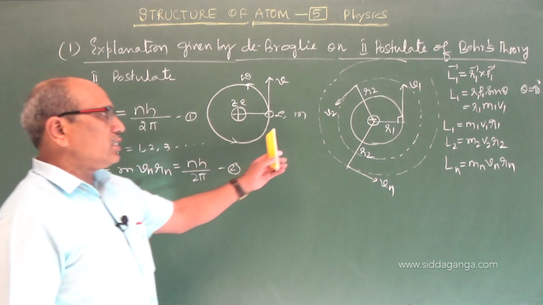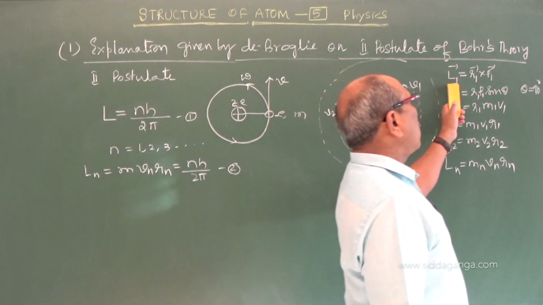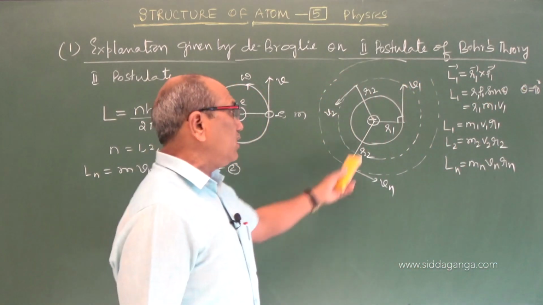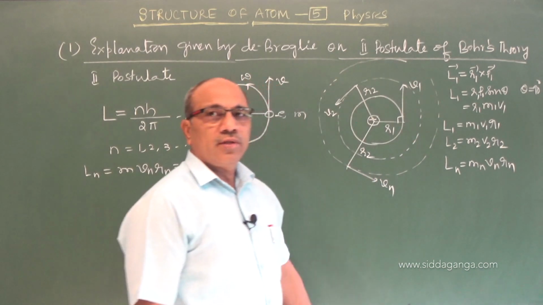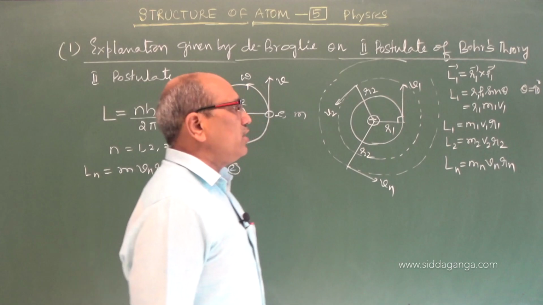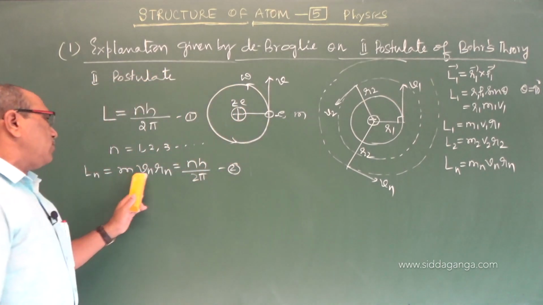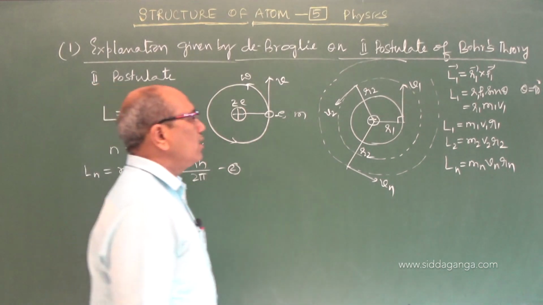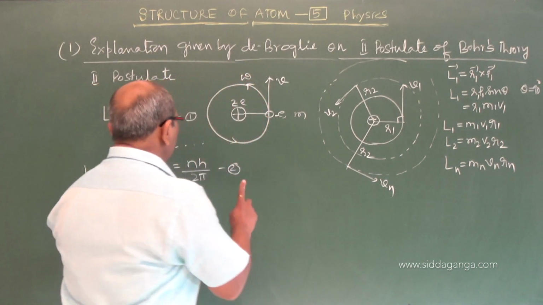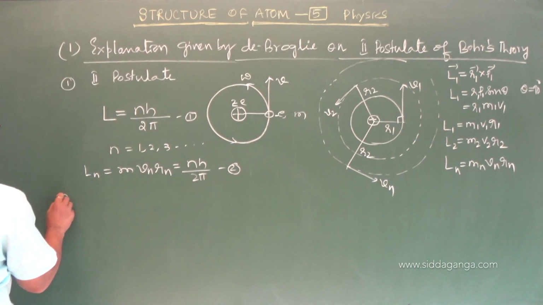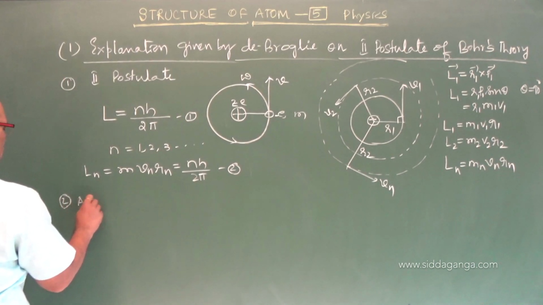So from the classical concept, angular momentum is r cross p, the cross product of two vectors, the radius vector and the velocity vector, mutually 90 degrees in that circular motion, and theta is 90, and we arrive at m v1 r1 equal to nh upon 2 pi. This is the first step I take. In the second, if you observe, according to Bohr's postulate,